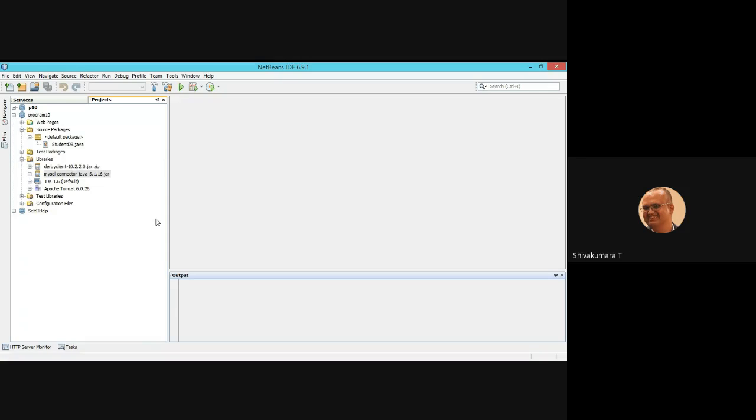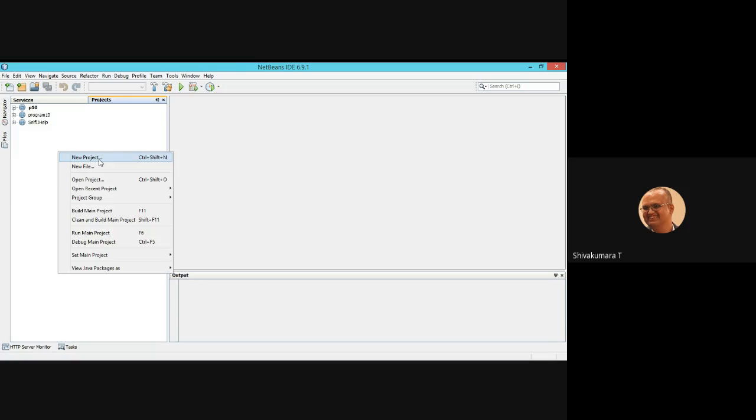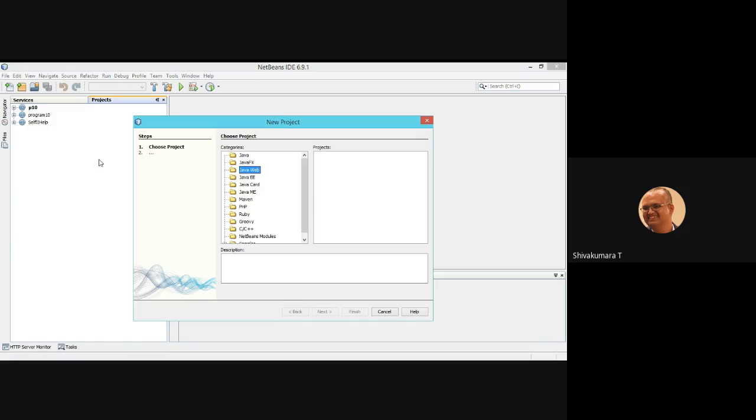Now, in the project window, right click, new project. As I told you, to develop enterprise projects, we need the Java Enterprise Edition package.